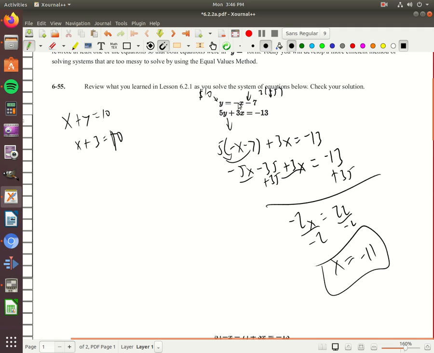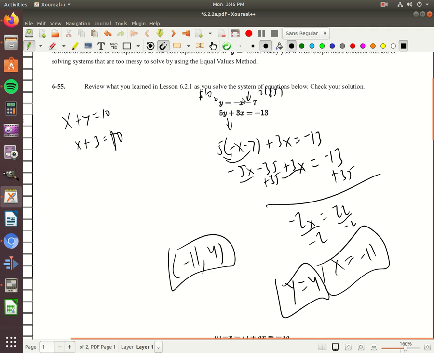Now I can go up to either one of these. I'll go into this one. Negative times negative 11 is 11, minus 7 is 4, so I get y equals 4. And then I'll go into this one and make sure I get the same thing. 5 times 4 is 20. 20 minus 33 is negative 13. So this ordered pair